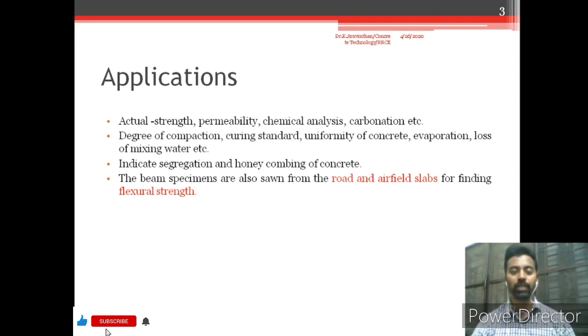And degree of compaction. So when we are casting concrete as a sample, and if we identify the strength of the sample, that may differ from the exact strength of the concrete which we cast in the site. Why? Because the degree of compaction will be different. Now if we are making a sample cube, there are a number of blows to be given to compact each and every layer. We will follow a certain procedure, but in the exact site the degree of compaction might vary in certain areas.